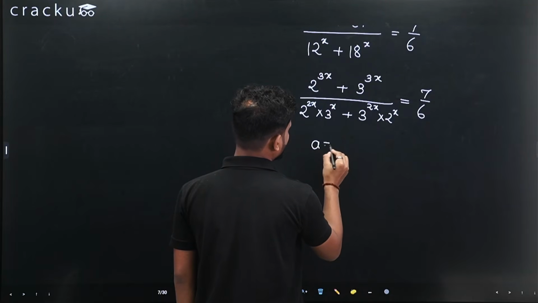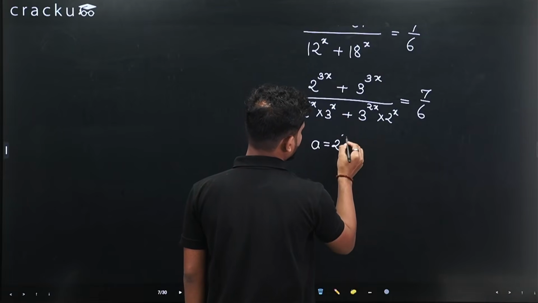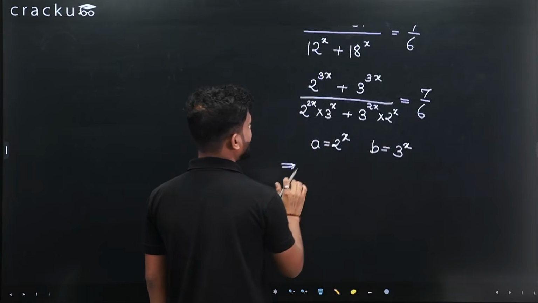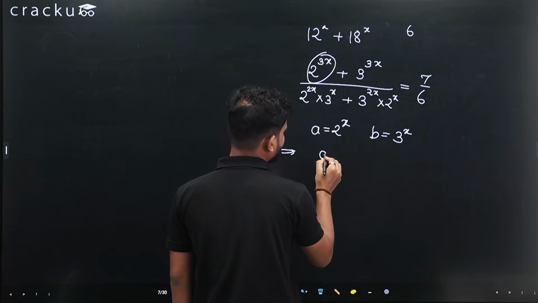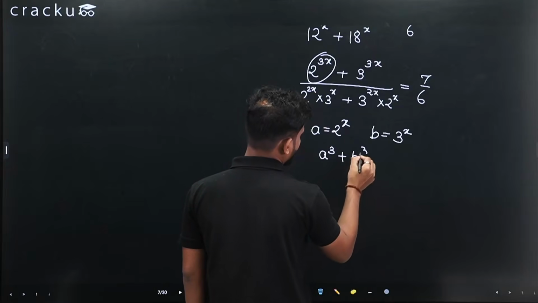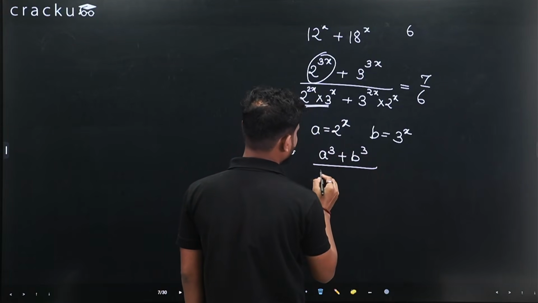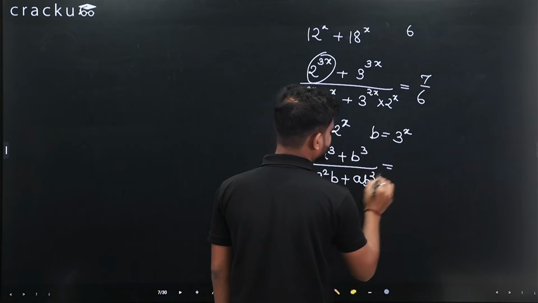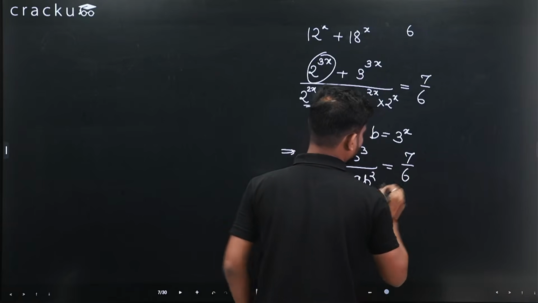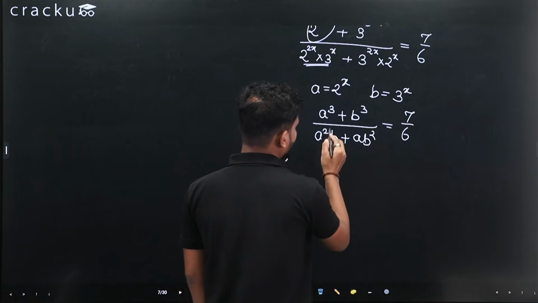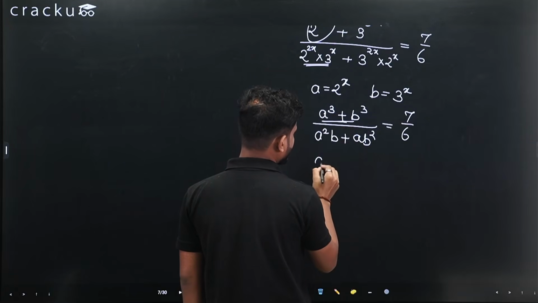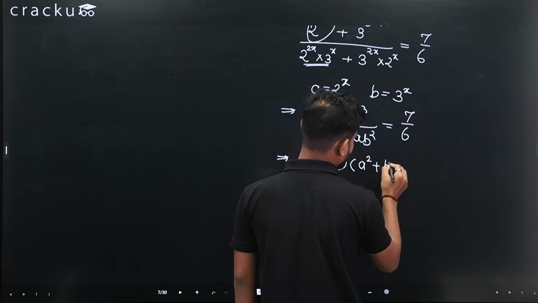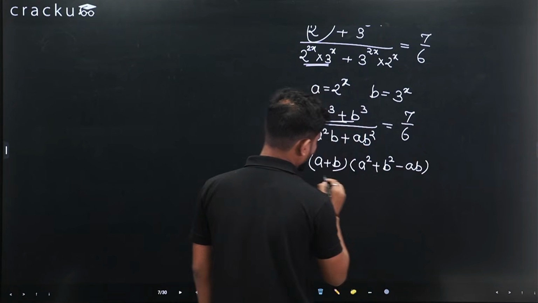Now put a is equal to 2 raised to x and b is equal to 3 raised to x. From here what you get? You get this as a cube plus b cube upon a square b plus ab square is equal to 7 upon 6. From here what you get? You can write the above thing as a plus b into a square plus b square minus ab upon